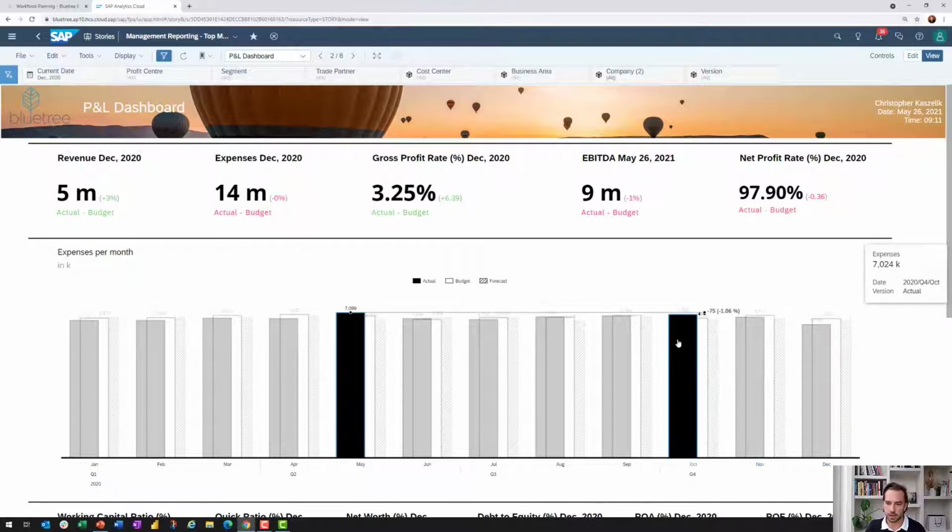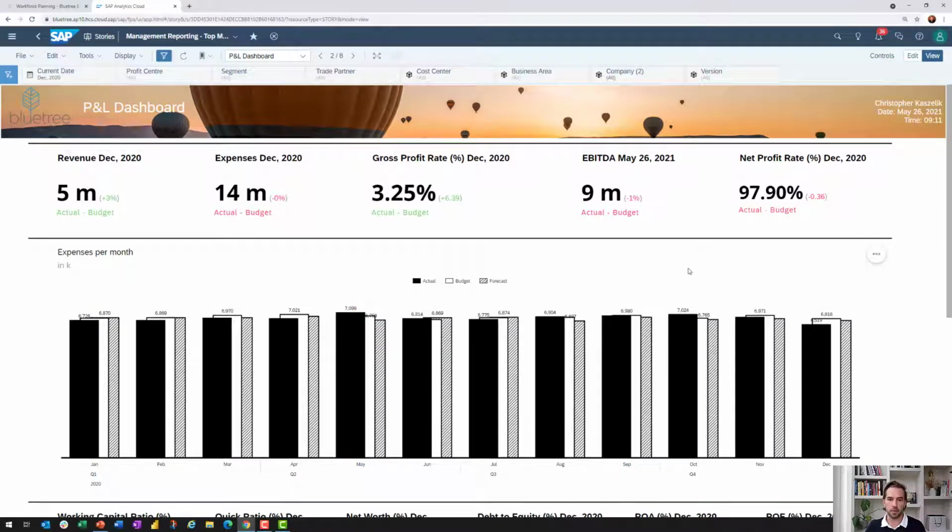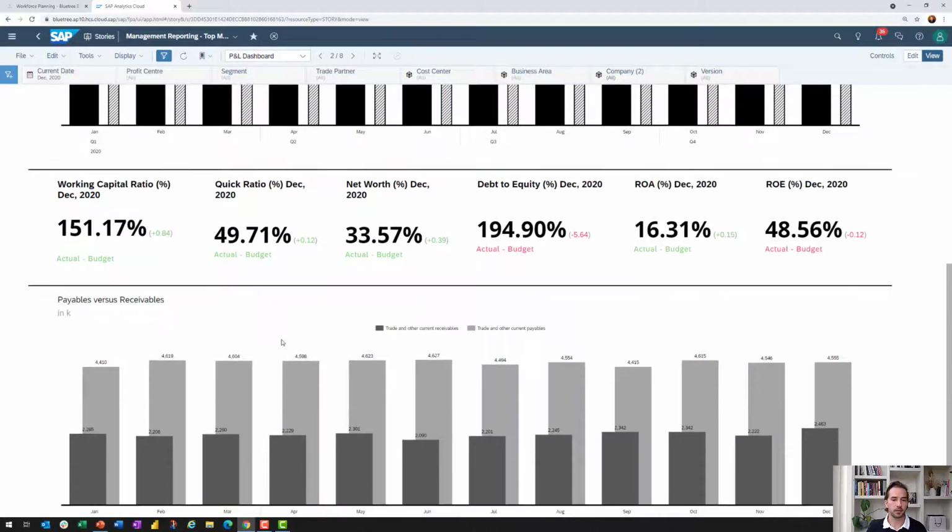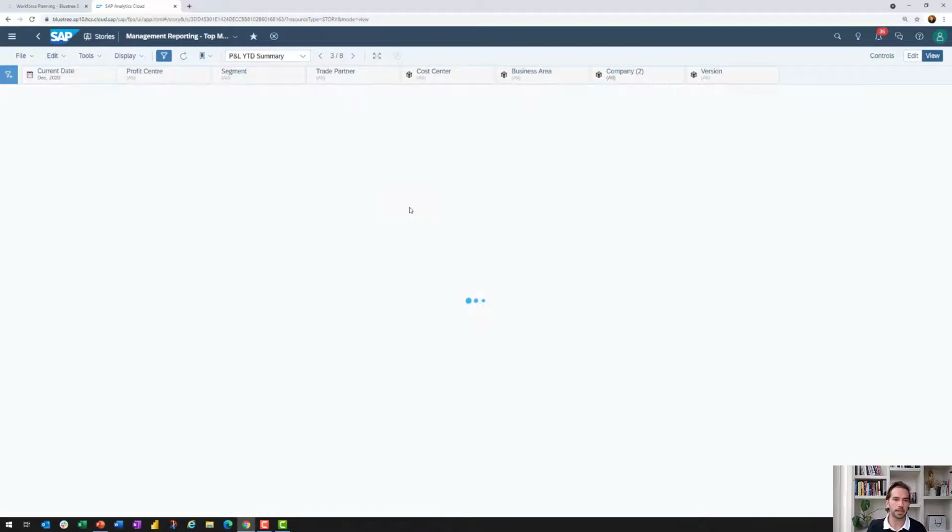And you can see they're very lean from a design perspective, following best practice principles of really using color to highlight and showcase variances. So here we can see our most important KPIs and some further analysis down below. If we go to the next page,